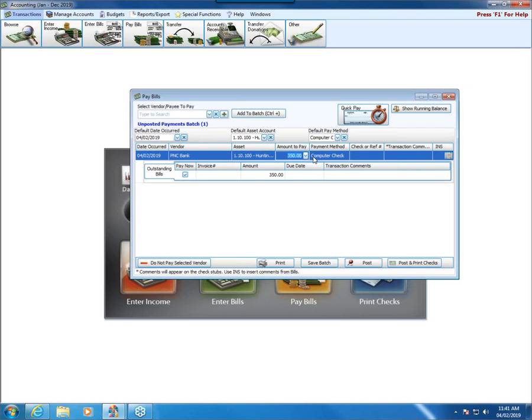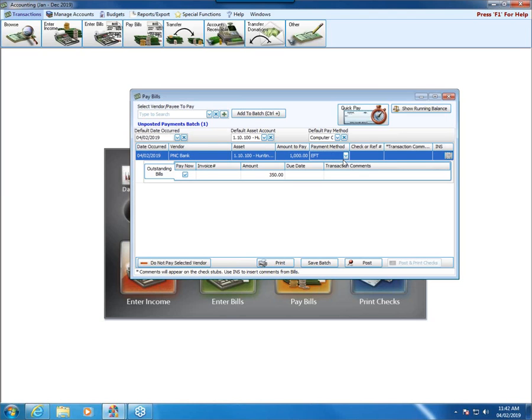So we have to adjust that amount to pay. So we're going to click right there where it shows amount to pay, and we're going to change that to $1,000, okay, which is the exact amount of our payment, okay? And we're going to choose the appropriate payment method that best supports how that month's mortgage payment is being paid. And so in this case, we're going to say we're paying it electronically. I can choose any payment method, of course. But the real thing that we're here to check